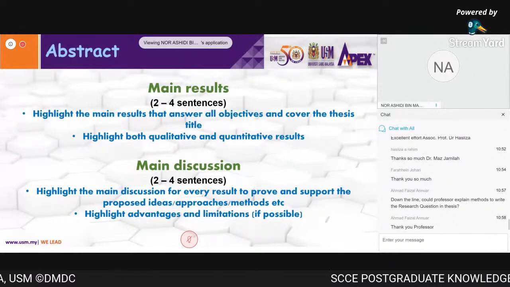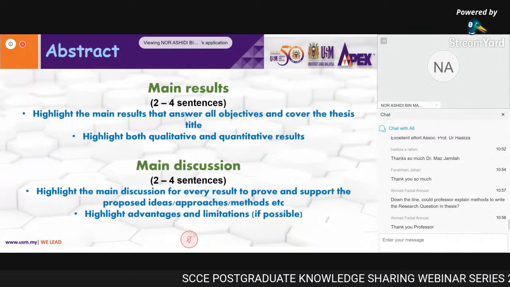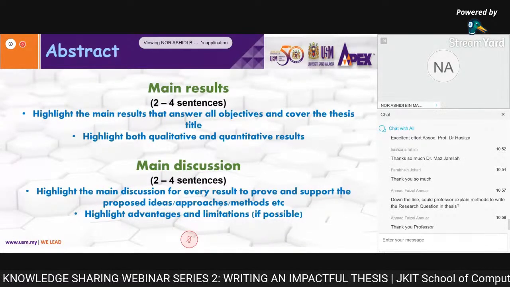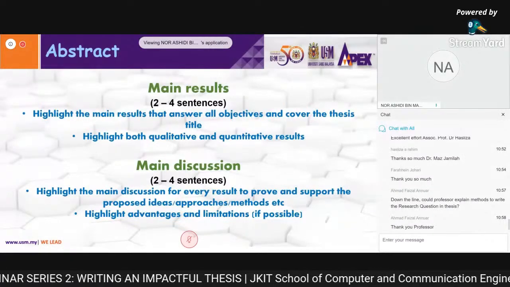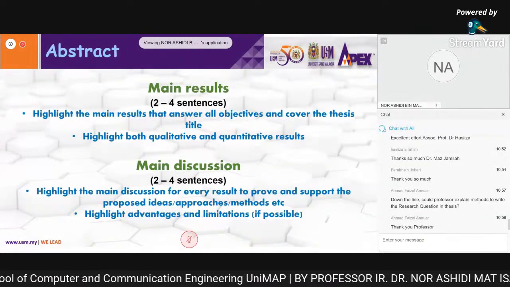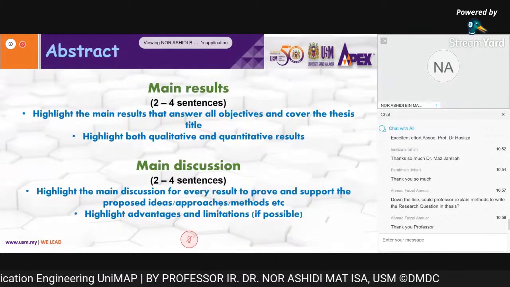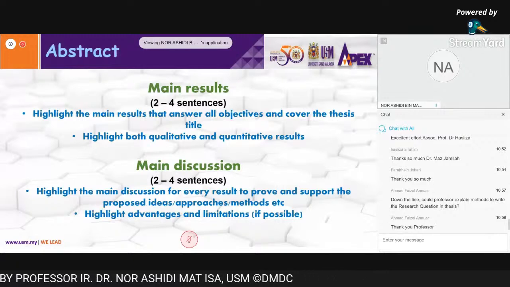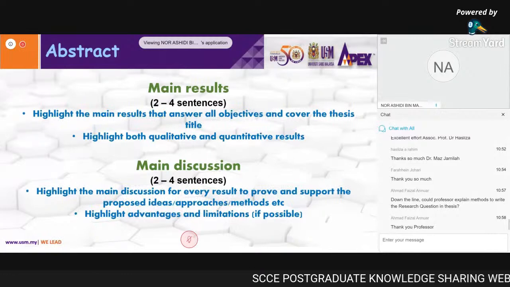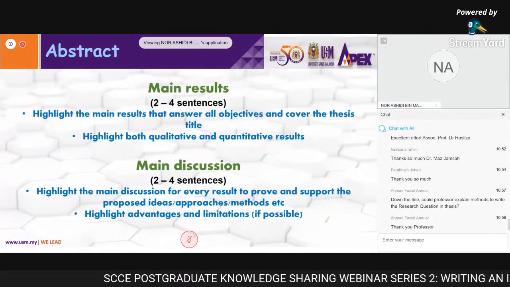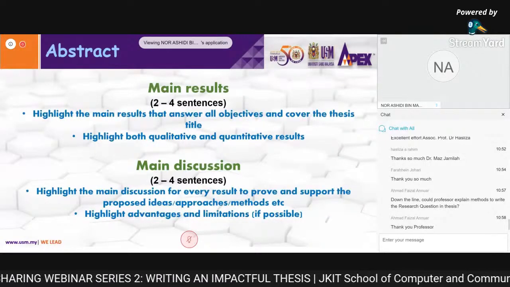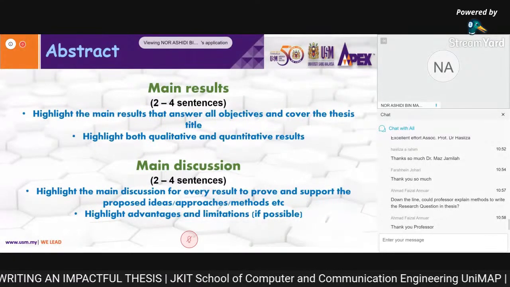I know some students are afraid that when you state the limitation, it will trigger the examiner to ask about the problems. It's not that. When you state the problem, the examiner already knows this is the problem, so he or she will not ask about the problem. So you know exactly the scope, because one of the most important things is the research scope. What is your research scope? You are not covering every angle. You are covering a certain angle. So that's why the research scope is very important.